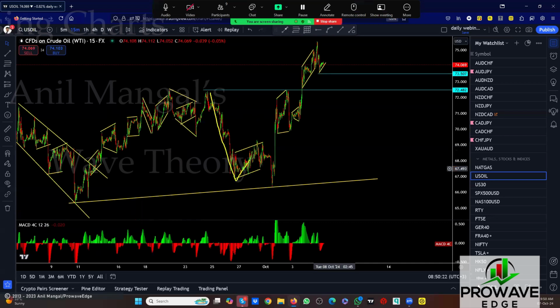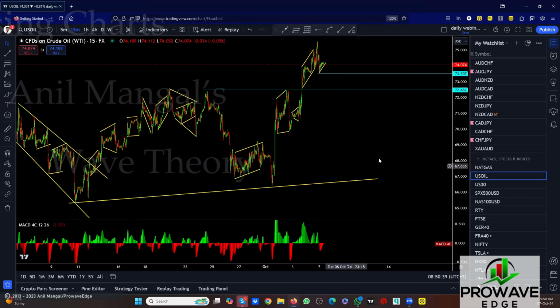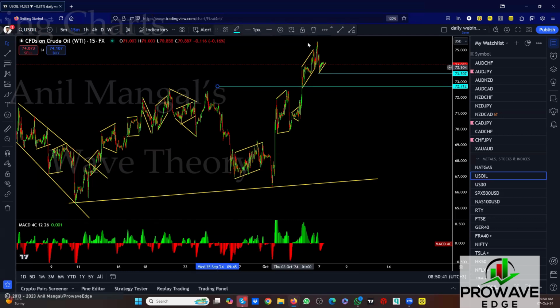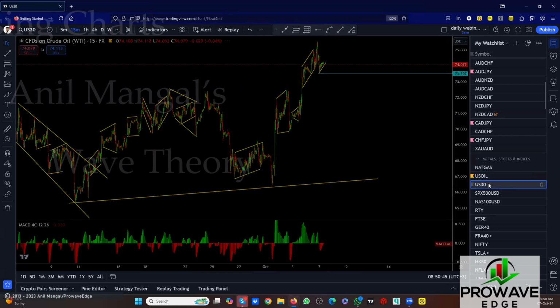This one is pretty sharp. This is just 1, 2, 3. This had a 1, 2, 3. This had more corrections in it than this one. This one is very, very corrective, although that's the impulse. So what we look for, let's see how this comes down. Let's go for the sell now. So take this out. That was the top we needed to break. Sell. This is an active sell. US 30.